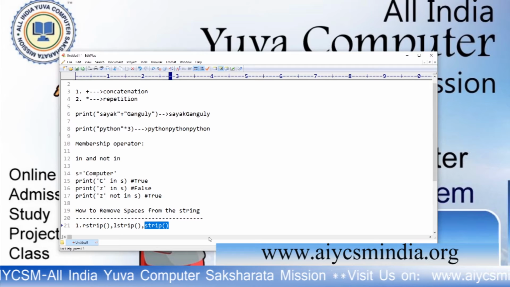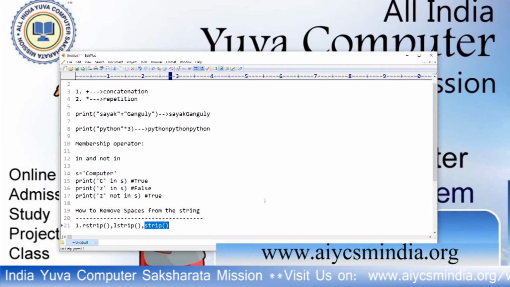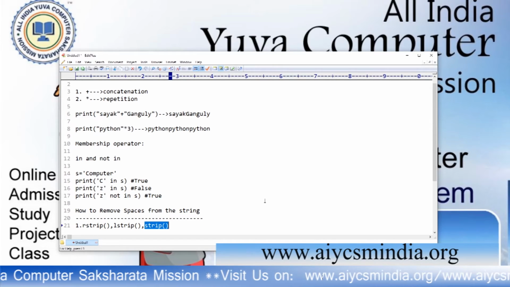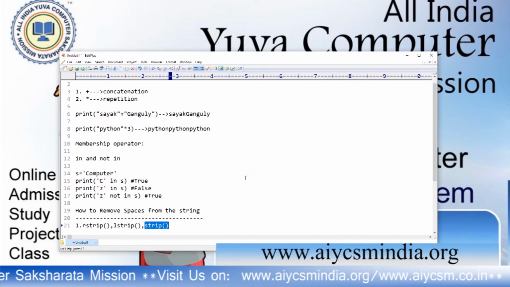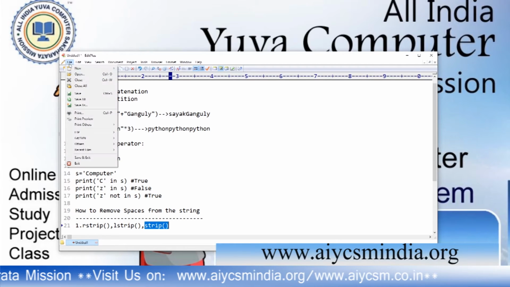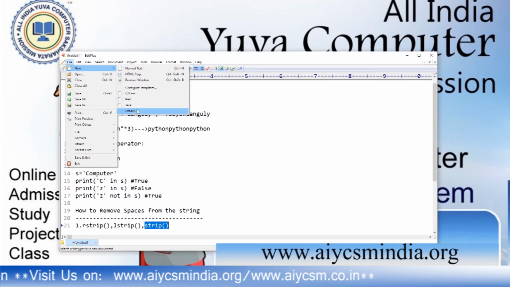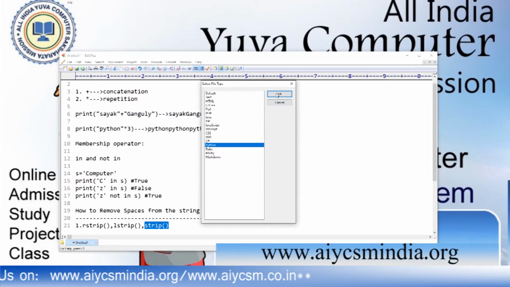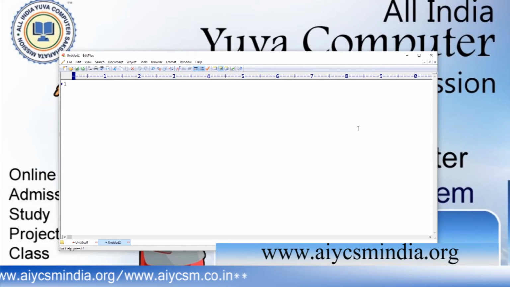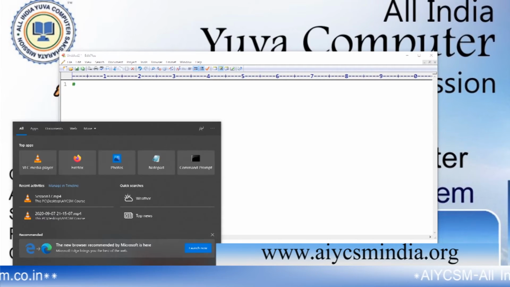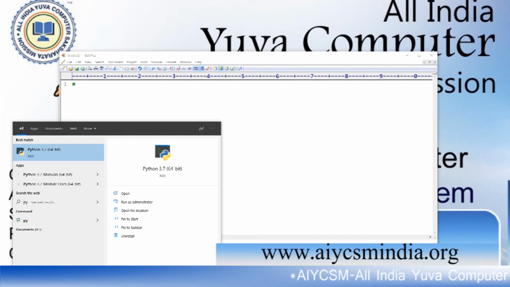Now I have to implement all of these things in a program and see how it executes. So I have to open a Python file. First we use the concatenation operator. I can use the concatenation and membership operators in the Python shell.